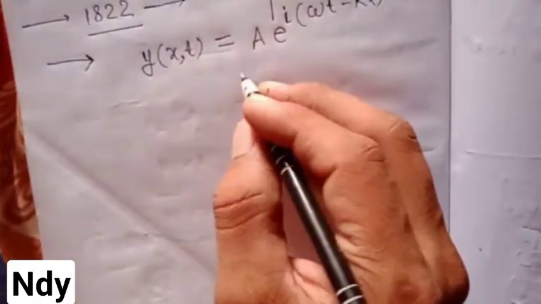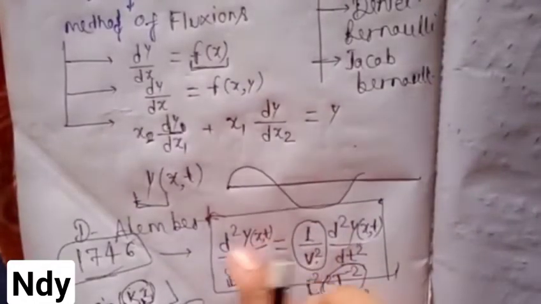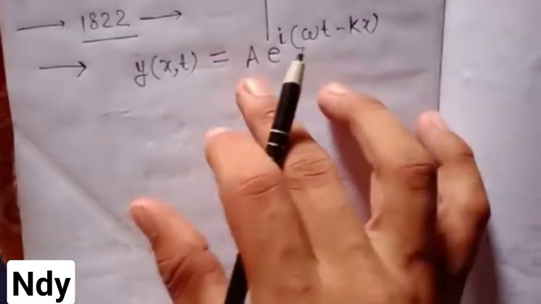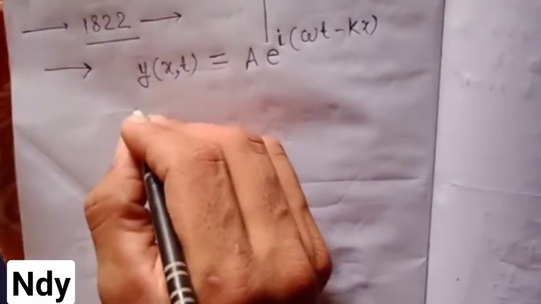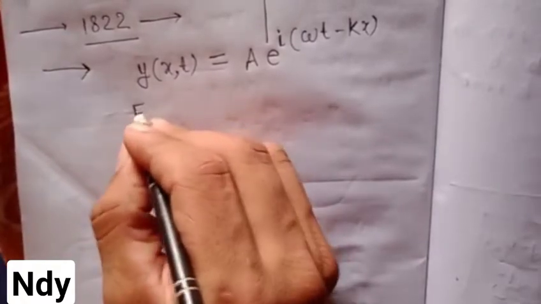So this is a wave equation because it satisfies the D'Alembert's wave equation that I discussed here. So it represents a wave, and what he used, according to Einstein, energy of a particle, or an oscillator,